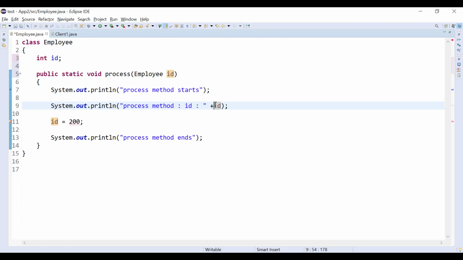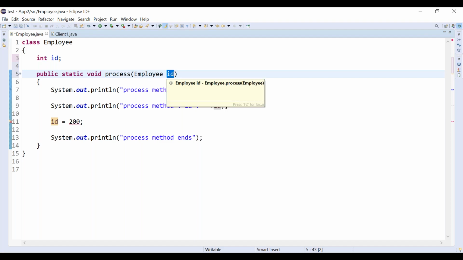Now what I do, I can print. How can I print? We can access it through a reference variable, because it is a static method. Inside a static method, we cannot access instance variables directly, correct? Inside an instance method, you can access an instance variable directly. This point we have already seen. But inside a static method, how can we access it? We can access it through a reference variable.